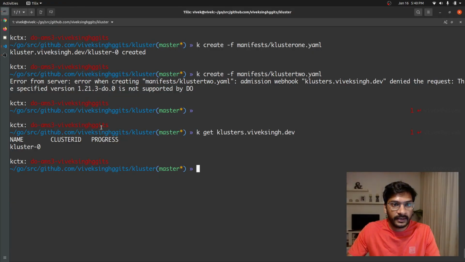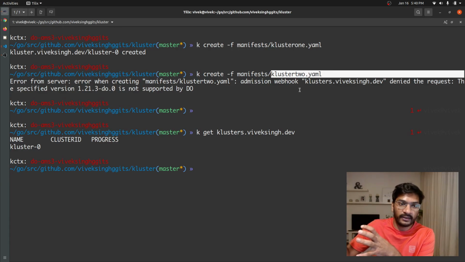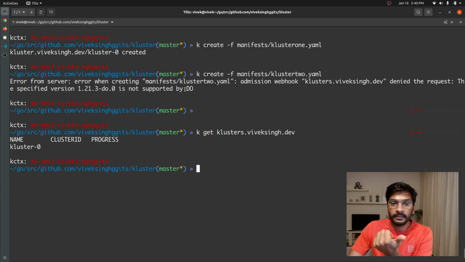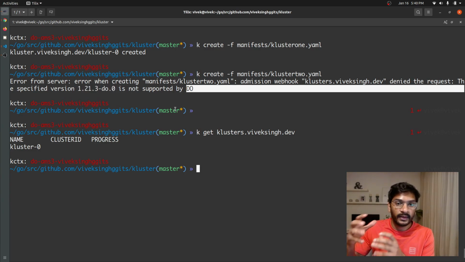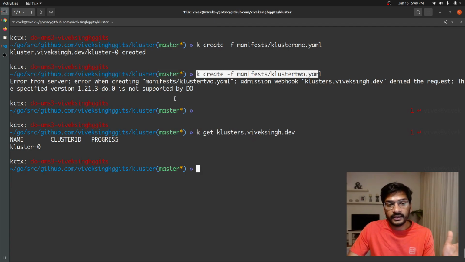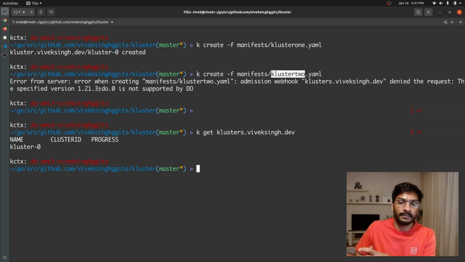If I try to summarize things once again, before the validating webhook controller, if we, for example, created this cluster resource, our operator that we had is going to do the things, and that operator is going to fail because this version is not supported by DigitalOcean. So to resolve that, we wanted to write a validating webhook controller that is going to intercept this particular request and check if the version that is specified in this particular resource is actually supported by DigitalOcean or not. And to do that, we created a validating webhook configuration manifest and a deployment that actually has the business logic for our validating webhook controller. And we were able to make sure that the resource is not created in the cluster if it doesn't have the specified or correct